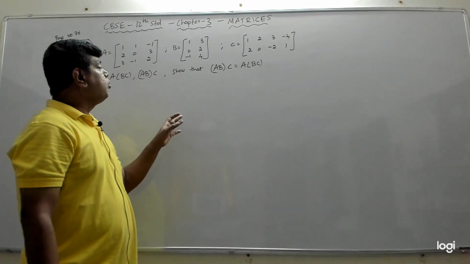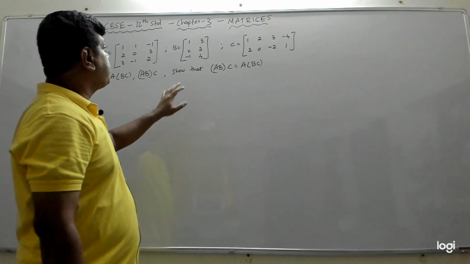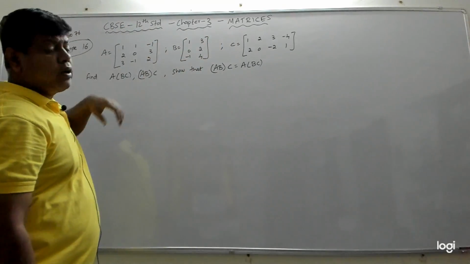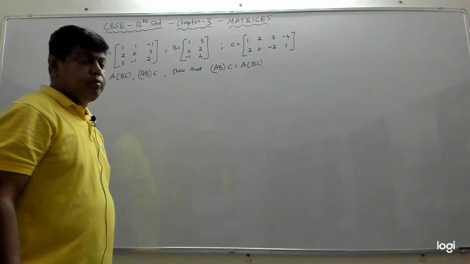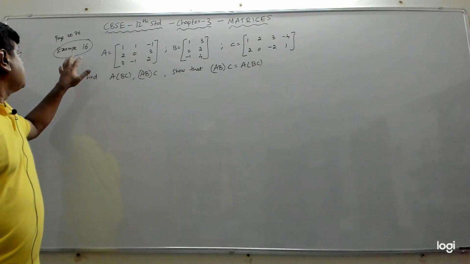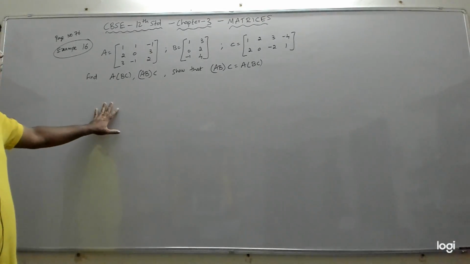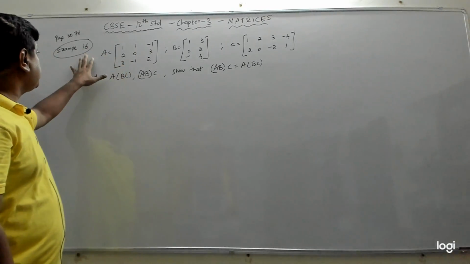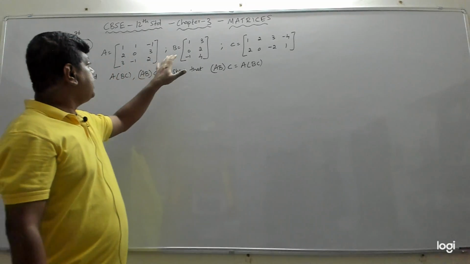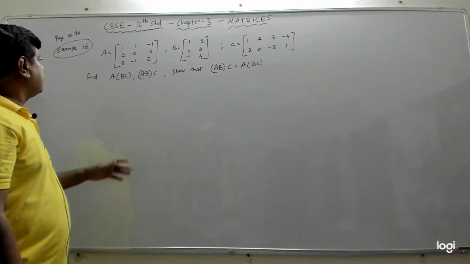In this video, we will continue with the chapter Matrices from your 12th standard CBSE Mathematics. We'll continue from example 16 on page number 76 of your textbook. Example 16: matrices A, B, C are given. We need to find